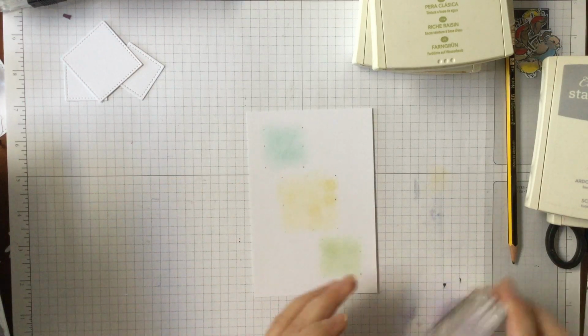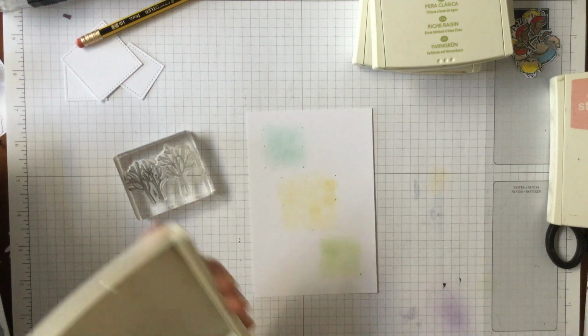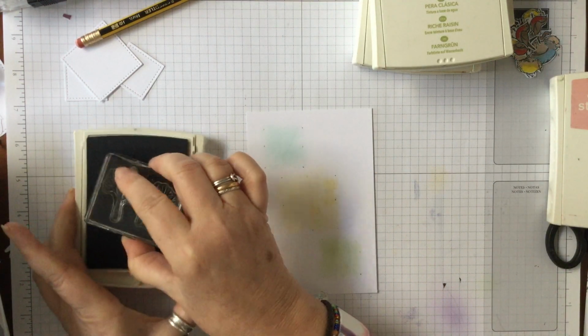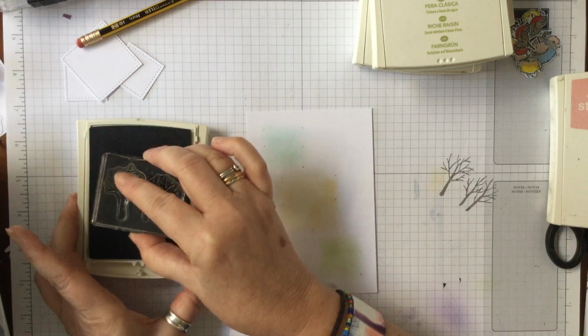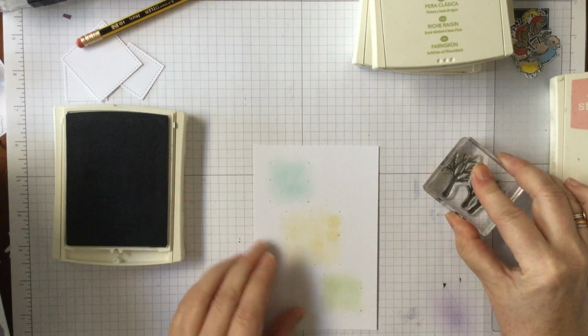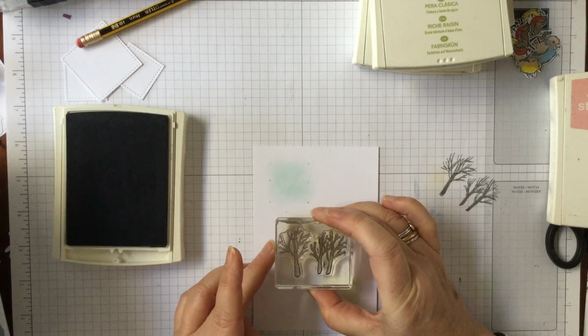There we go. And then move my pencil out of the way. And then we're going to use Smoky Slate because we want this to be quite pale on the back. So I'm going to ink it up in Smoky Slate. I'm going to stamp it first just to see how dark that is. Okay, I'm going to take it second generation. So I'm going to stamp it down once, and then I'm going to take it down, and I'm bringing it just below